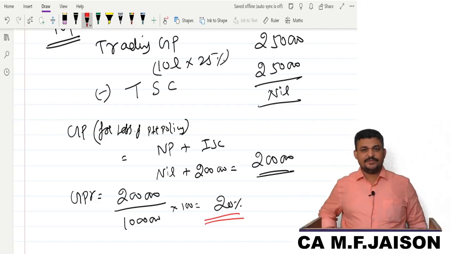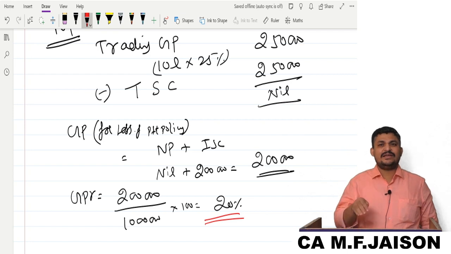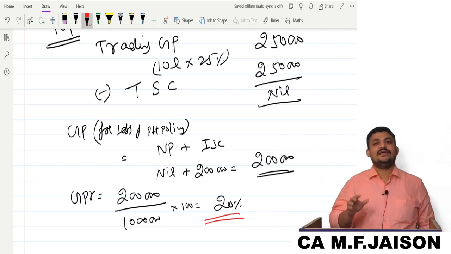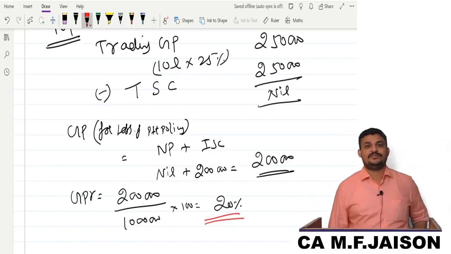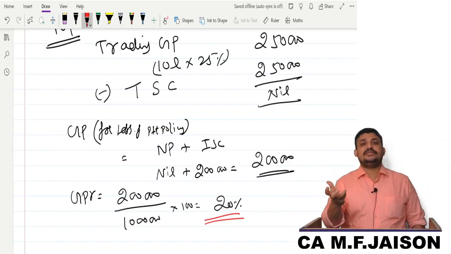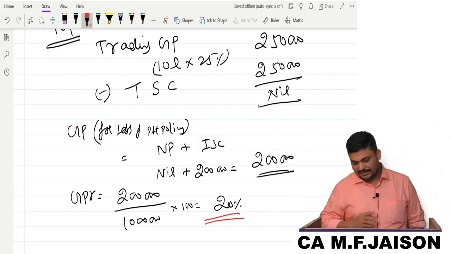Yes, so this is how you should be taking. First of all, the confusion that arises: GPR is given, they are asking GPR, what is this here? Because the GPR in normal usage is not the GPR that we use in this policy. So use the given GPR to find out the GPR that we require. Understood? That's the way you should be doing.